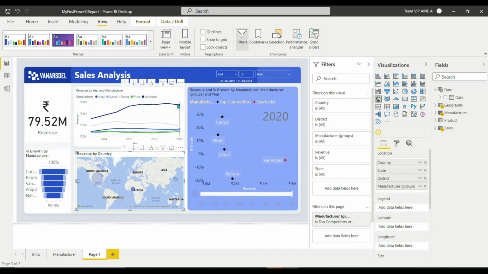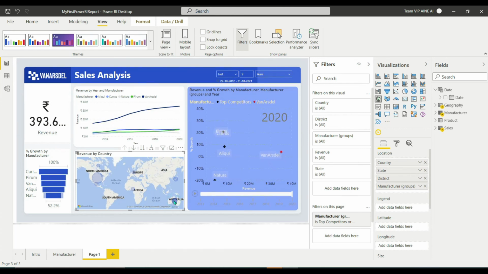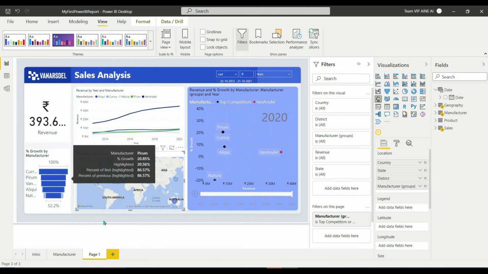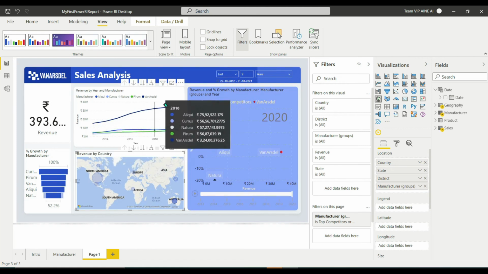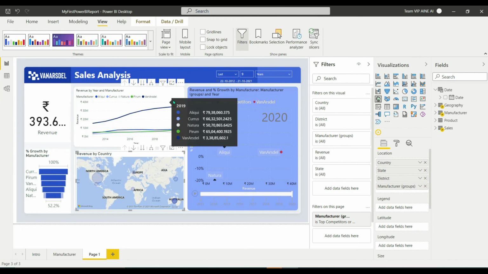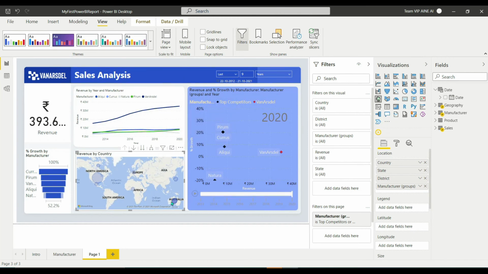We can also see that the highest revenue generated across the globe was still Van Arsdel's. And if we look at Australia, Currus is still at the top for growth, but Van Arsdel has been providing the higher revenue. So this is how you can use the map visualization.